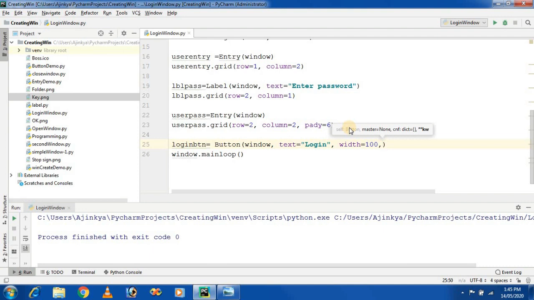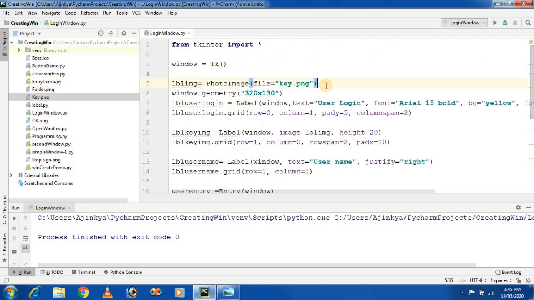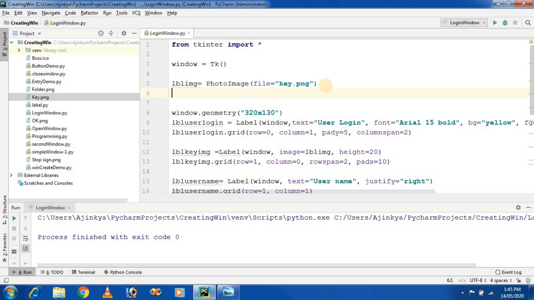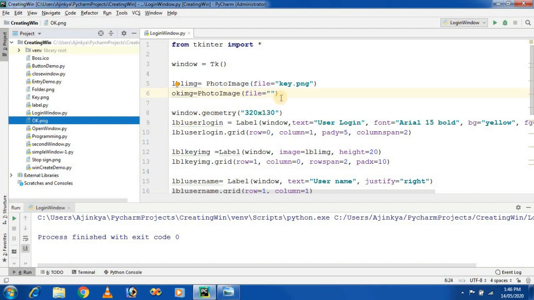So width of button, I am giving 100% of the width. And next, I will display an image on a button. For this, I am creating some images for the buttons. So first image, for the OK button, I create an object, ok_image, PhotoImage, and it requires a file, the name of the image. I already have an image in my working directory called ok.png. So just pass here the name, ok.png.